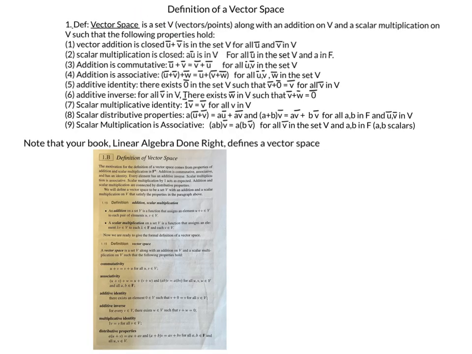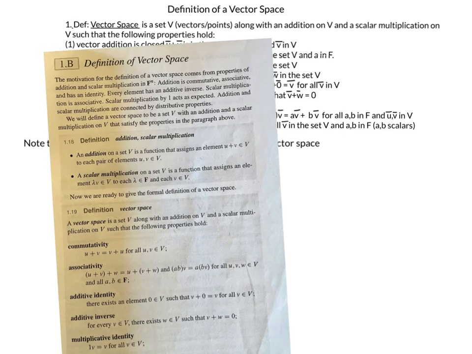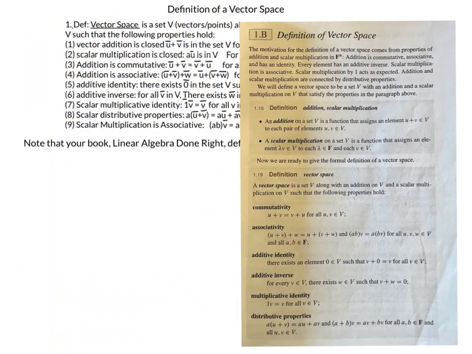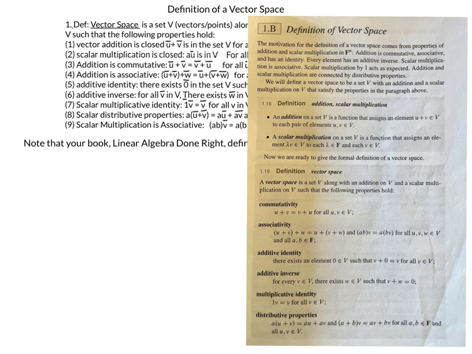I want to point out that in the book Linear Algebra Done Right, this is how the vector space is defined. Let me enlarge it so we can take a closer look. And you can see the properties here. Maybe I'll move it over here. The properties talk about